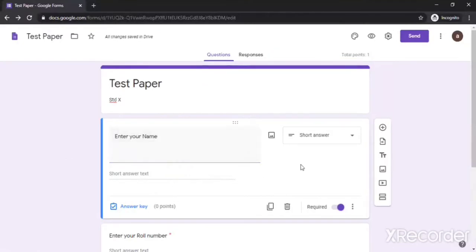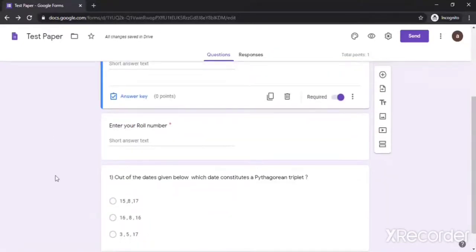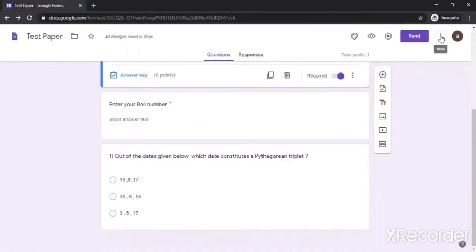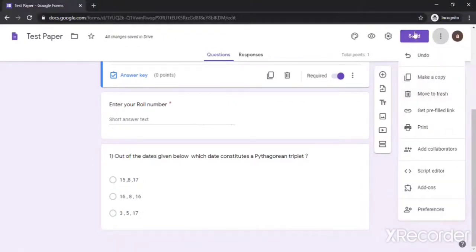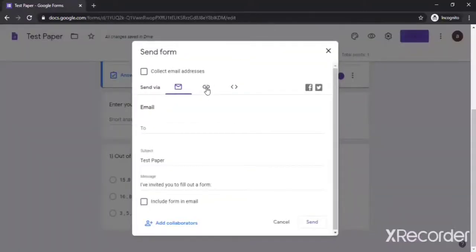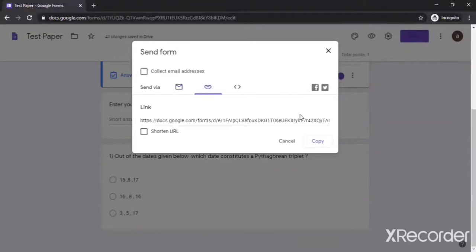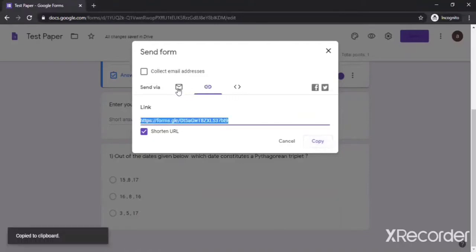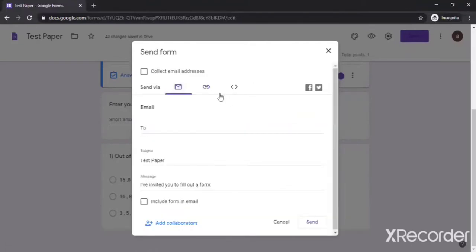So now the first sample paper is ready for us. What I can do, we can share it. So now we will go for sharing, send. In that, there are 2 ways. There is a very long text. You can make it a shortened URL. This will make the URL very compact, and that will be much easier for you to forward. You can copy it, or you can share it by mail or something, whatever you feel like.